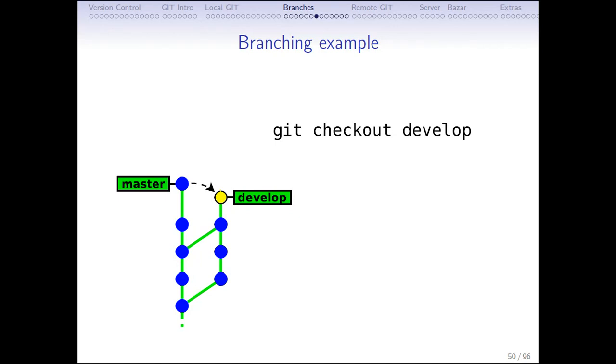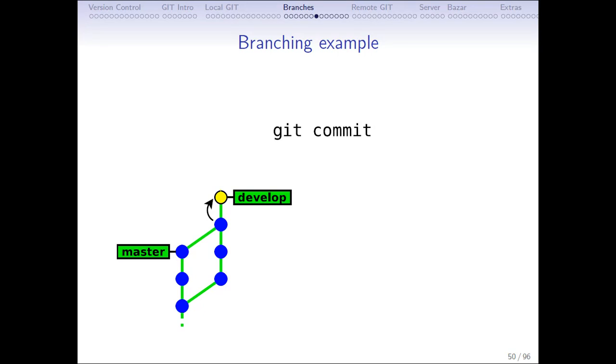So we can create a branch by using git checkout, that we know, and we will commit. By creating a branch we are making a working copy, and once we have done our work, what we are doing is merging with the master branch. How do we do that? Git commit.